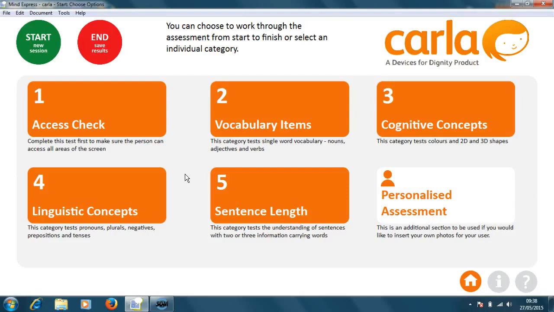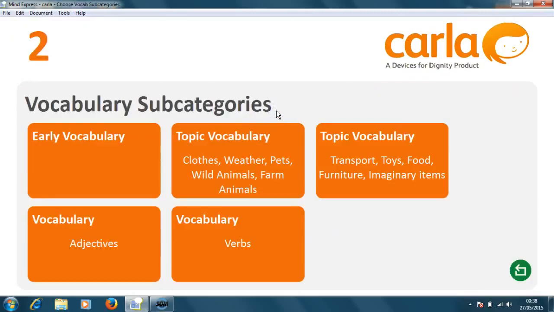For the purpose of this demonstration, we will work through the assessment categories in order. So we have already looked at the access check and made sure that the person can access all areas of the screen. Next we will go to vocabulary items. There are 5 subcategories in this section. Again, you can either work through in order or you can pick and choose a category. If we start with early vocabulary,